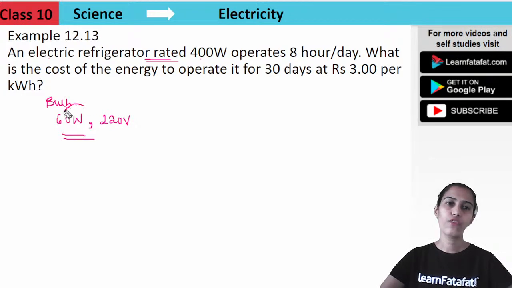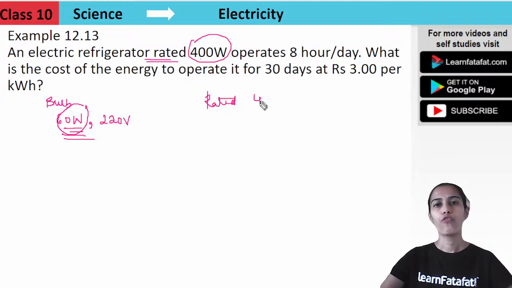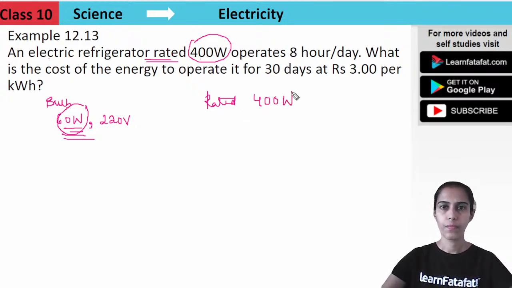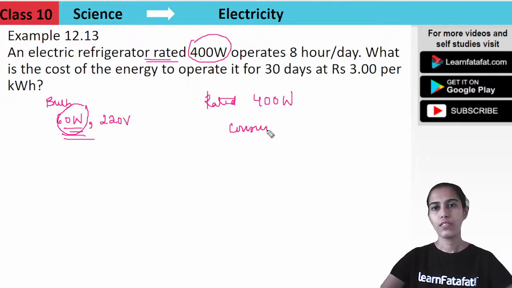Now what is the meaning of this power? ये 60 watt क्यों लिखा होता है? या फिर if this electrical refrigerator is rated 400 watt, what does it mean? When they say it is rated 400 watt, then what is the meaning of this? The meaning is that ये जो refrigerator है that consumes